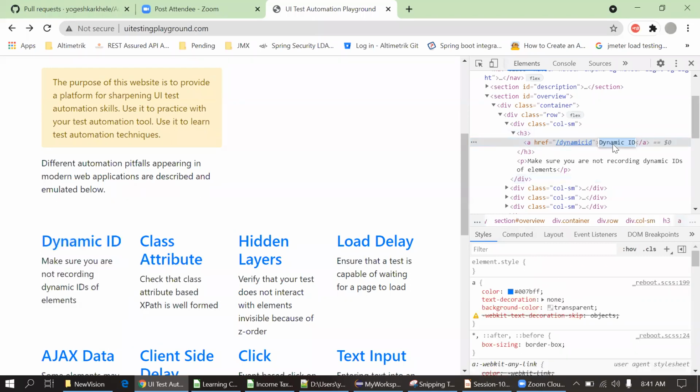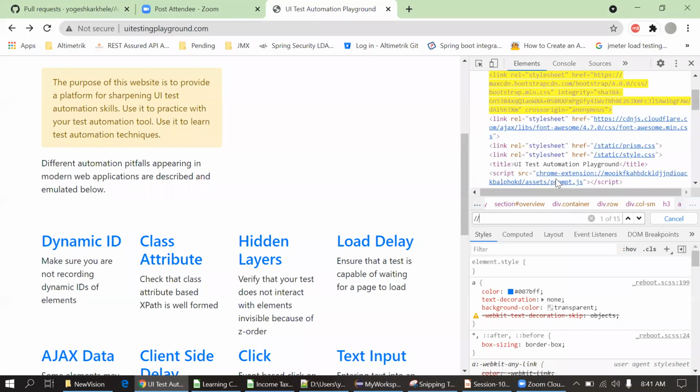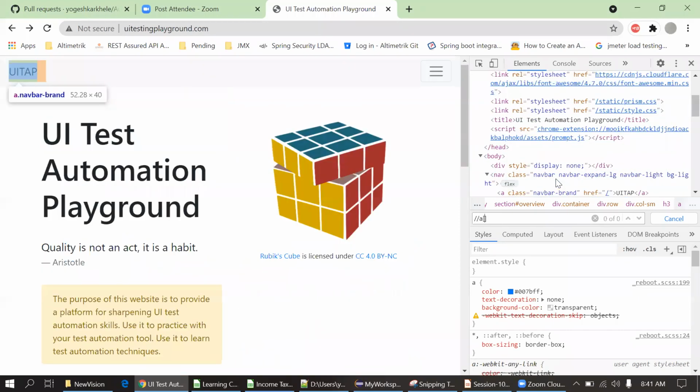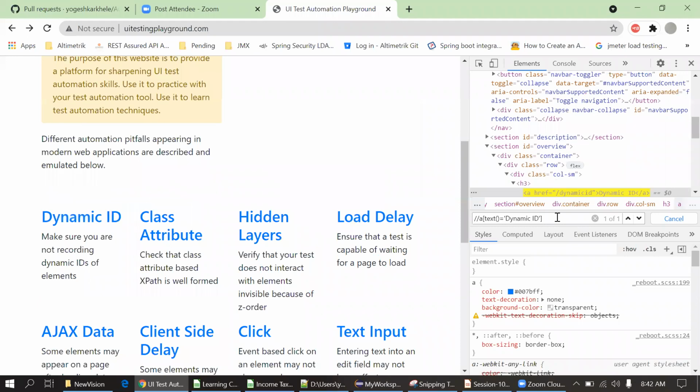Then I will create the text locator. So this is the text, dynamic ID. I will copy this. Now I will put //a, then text(). Text is a method, so I'm putting the round braces there, and in single quotes, the dynamic ID. So it's pointing at the right point.